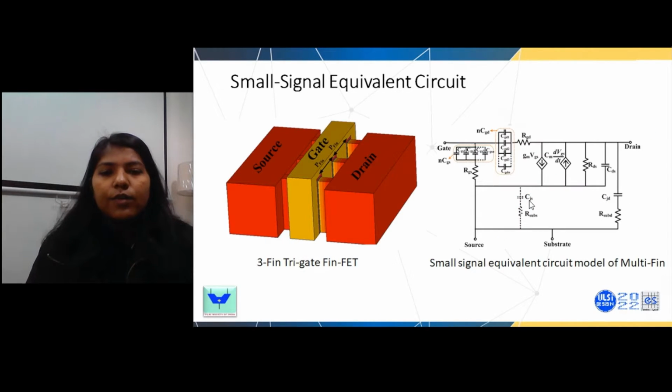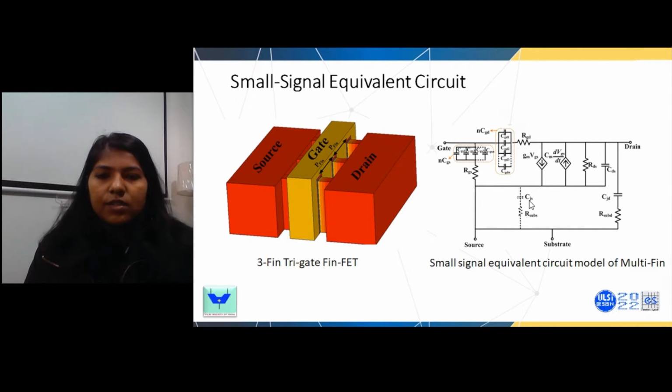So moving forward, we have extended the single-fin device to a multi-fin structure, and we have increased the number of fins to 3. We haven't increased the number of fins further because increasing the number of fins also increases the gate resistance. And